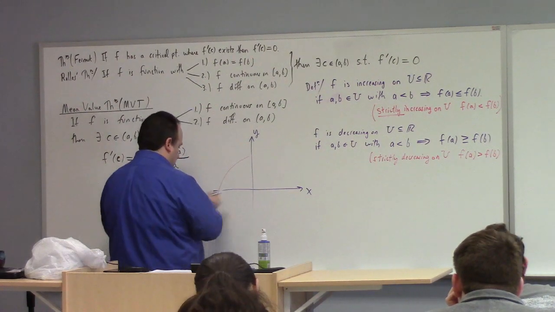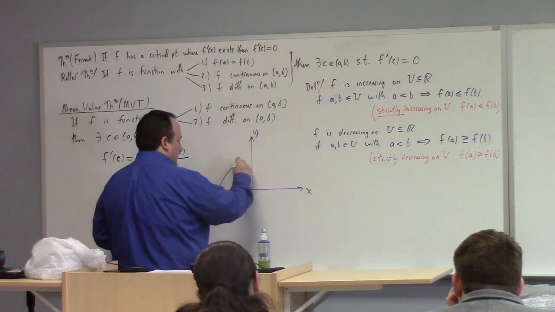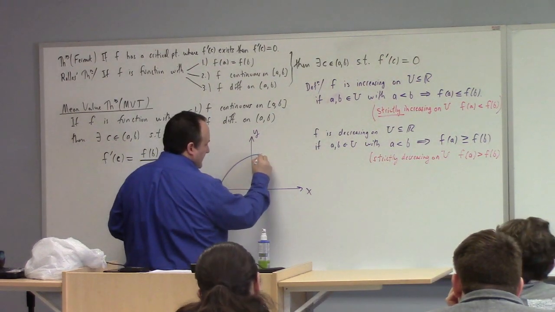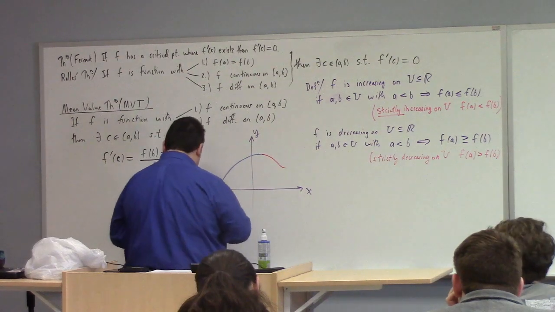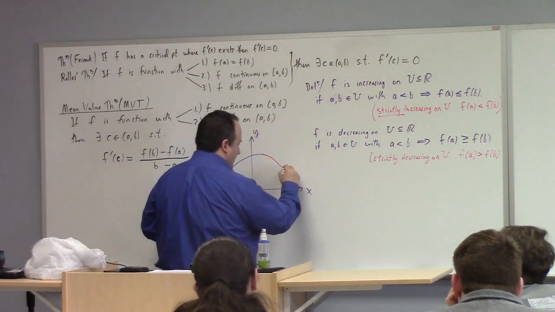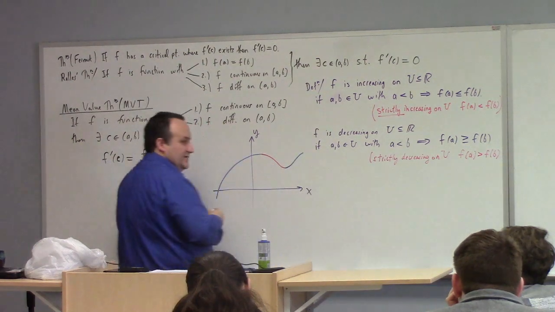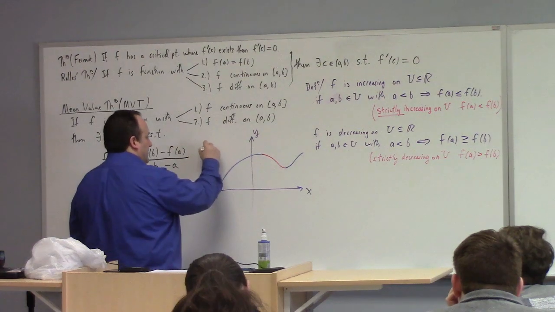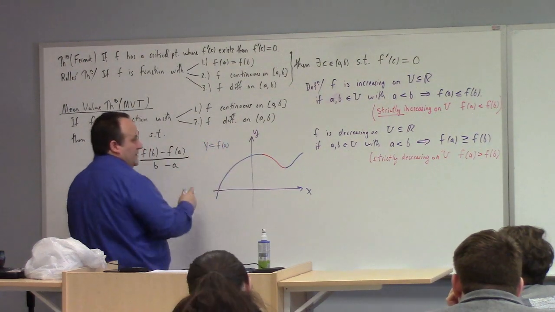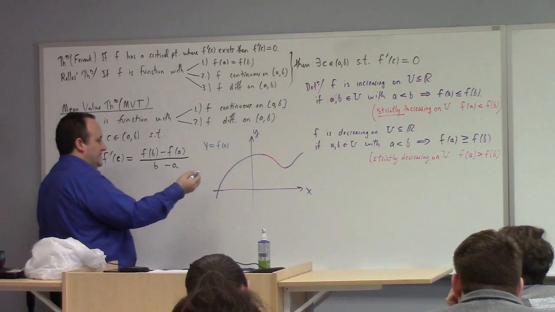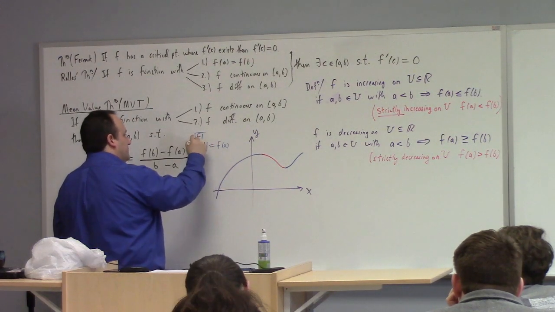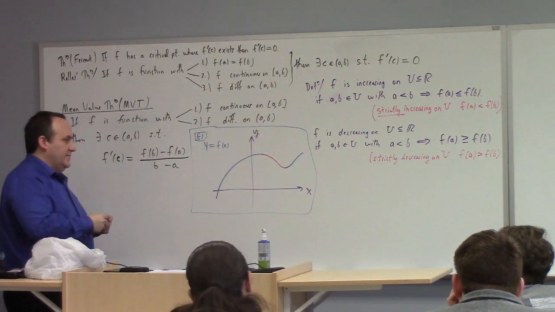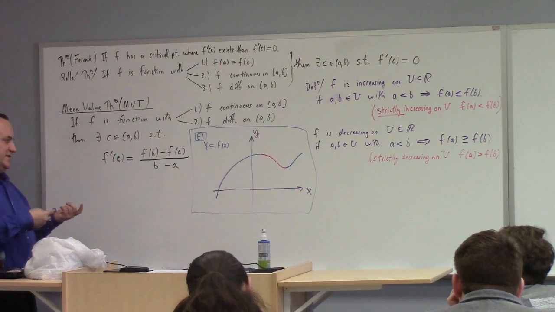So if you like, you could draw something like this: it's increasing there, and then it's decreasing over here, and then it's increasing here, and so forth. So the graph I just drew, y equals f of x, I guess this is example 1. If you look at this graphical example, you guys can probably tell me where it is increasing and decreasing.